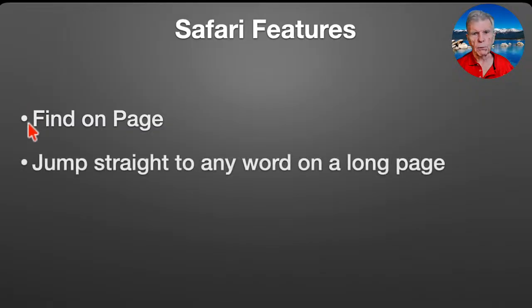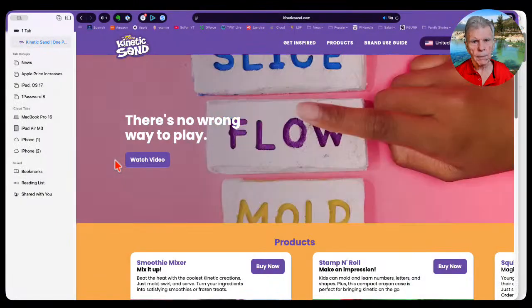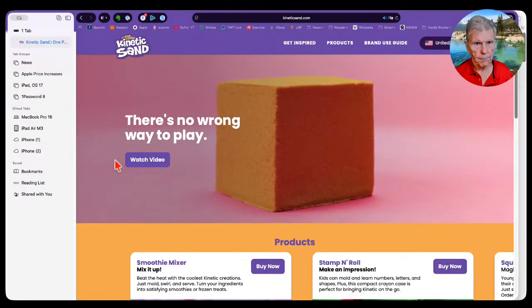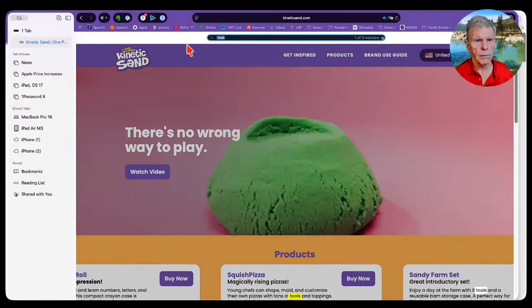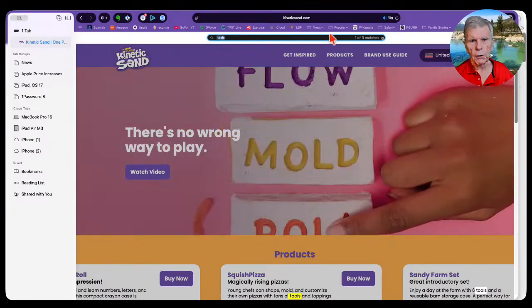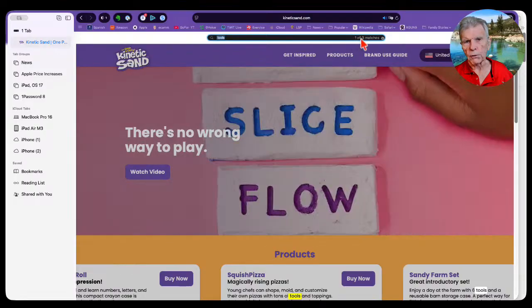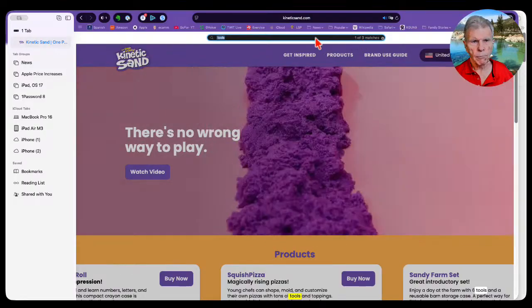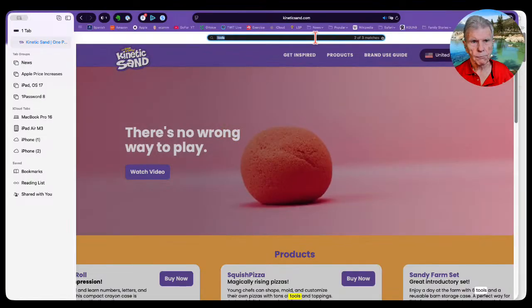This is really handy if you have a long web page and you want to find something on there. You can jump straight to any word on a long page just by hitting Command F. So let's go into Safari again. We're going to hit Command F, and you see a little field comes down here. We've typed in the word tools right here, and the word tools appears 3 times. So you just hit return,